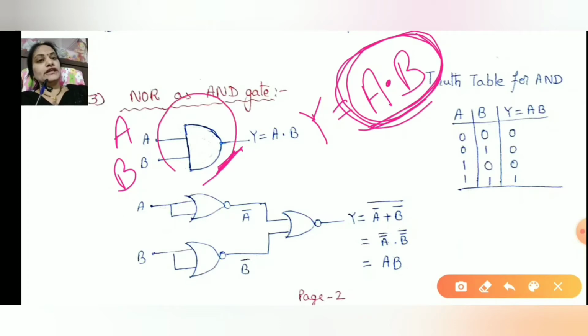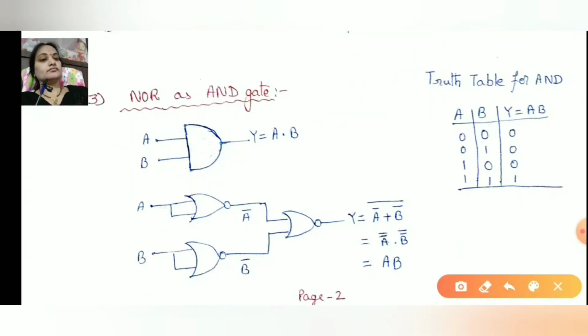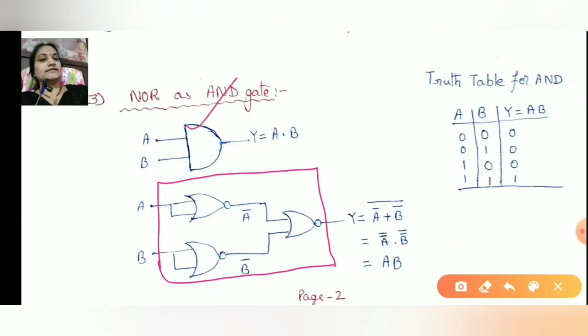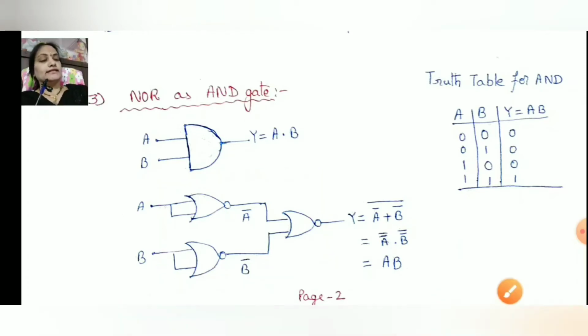Now in this case you have to verify the operation of the AND gate, that is, you have to bring the expression A dot B without using the AND gate. But you can use NOR gates here. So this is the circuit to satisfy this AND gate. Now let us see the gates one by one.